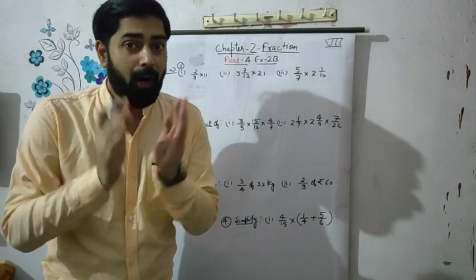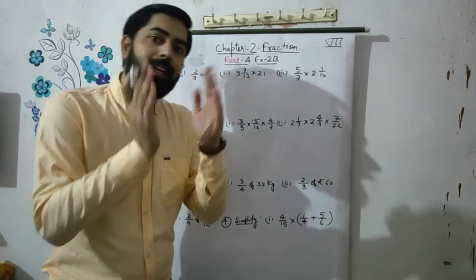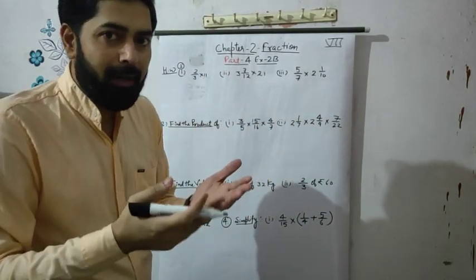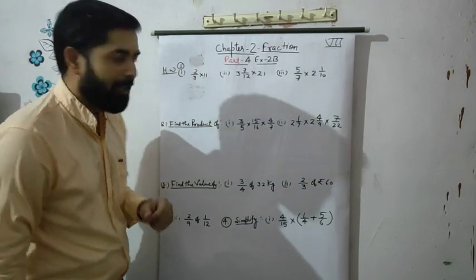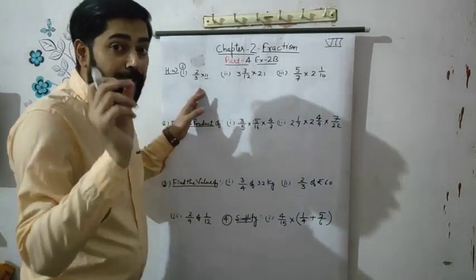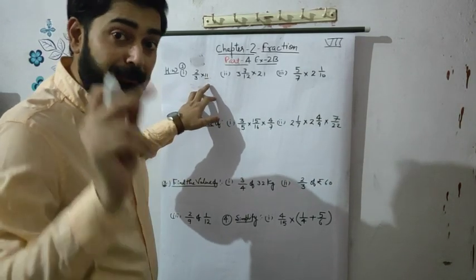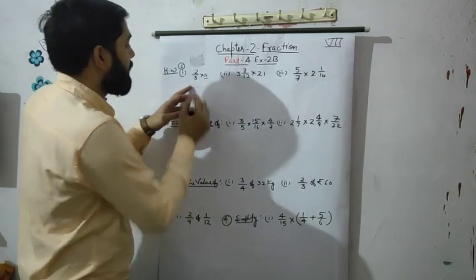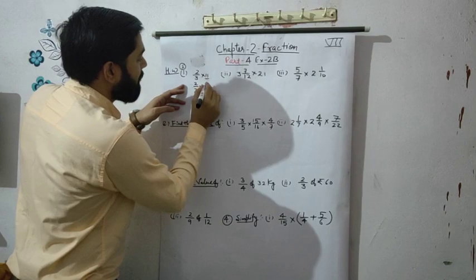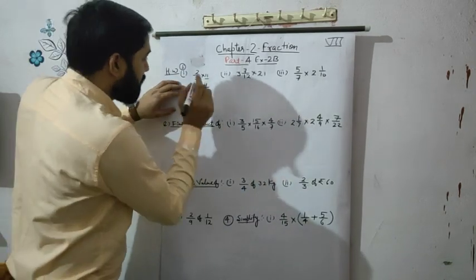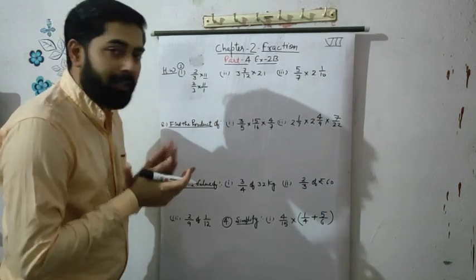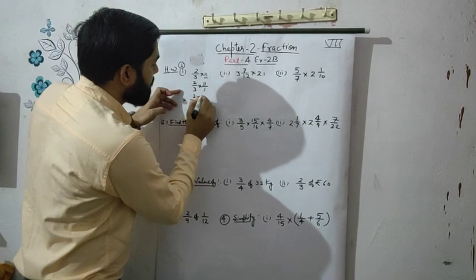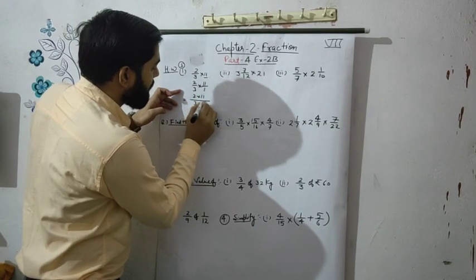And we know very well how to multiply fractions, because in the last video I explained how to solve the multiplication of fractions. So 2 upon 3 multiplied by 11. Look here, this number 11 is without a fraction, without a denominator, and we know that we can write 1 as a denominator. So 2 upon 3 multiplied by 11 upon 1. Then we multiply numerator to numerator and denominator to denominator. So this is equal to 2 multiplied by 11 upon 3 multiplied by 1.